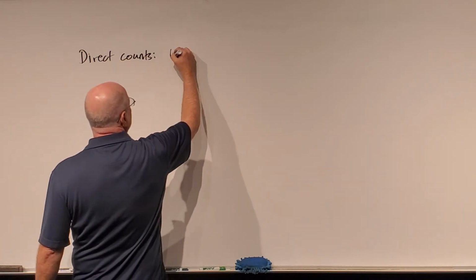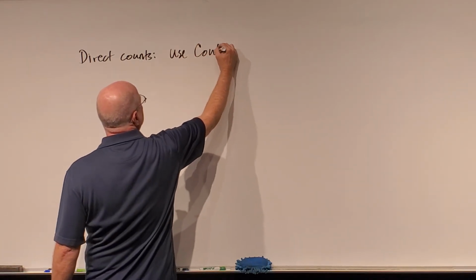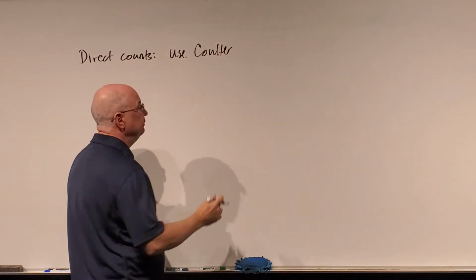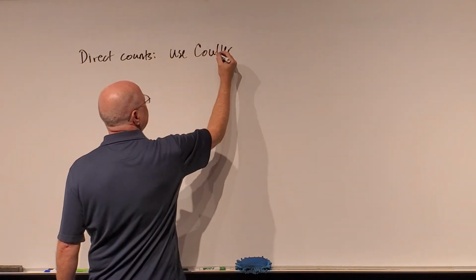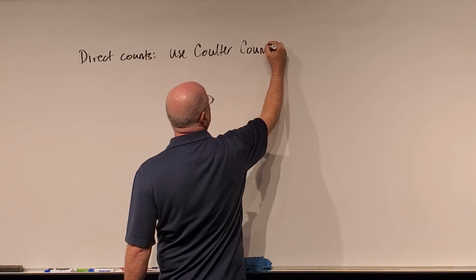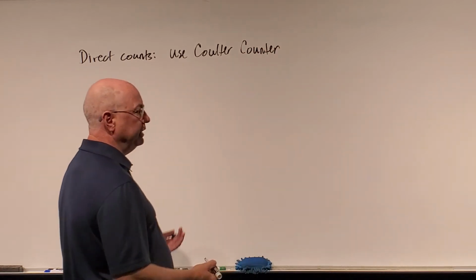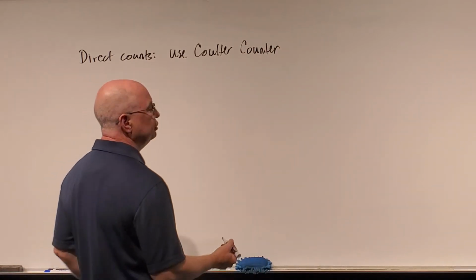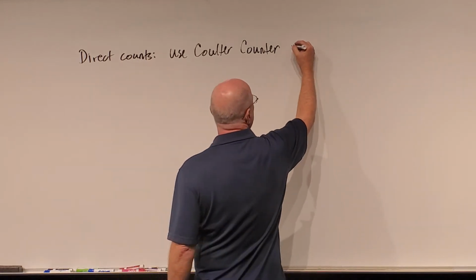One way is to use a machine called a Coulter counter, C-O-U-L-T-E-R, after the doctor who invented it. And the Coulter counter method basically uses an electrical signal